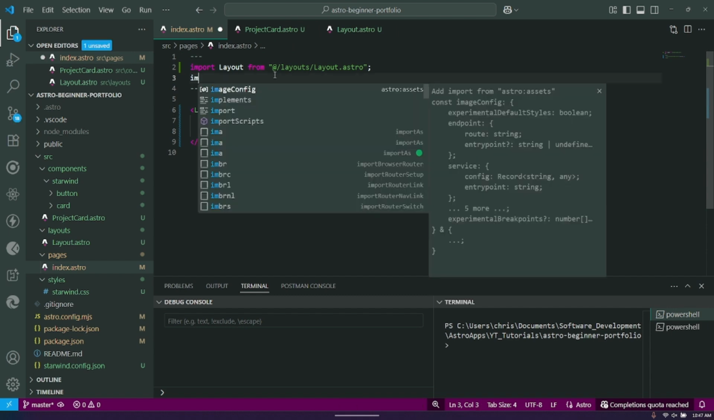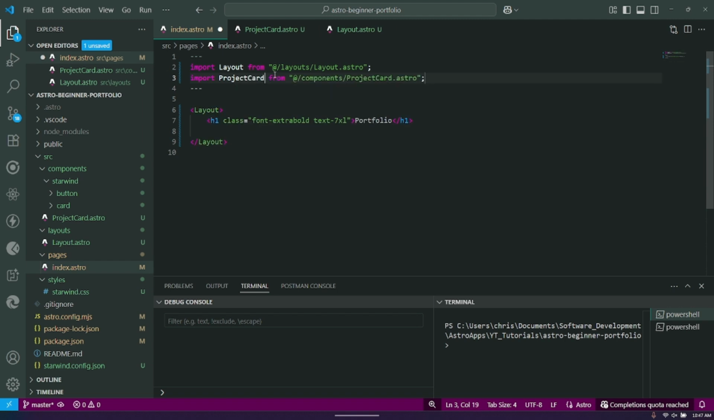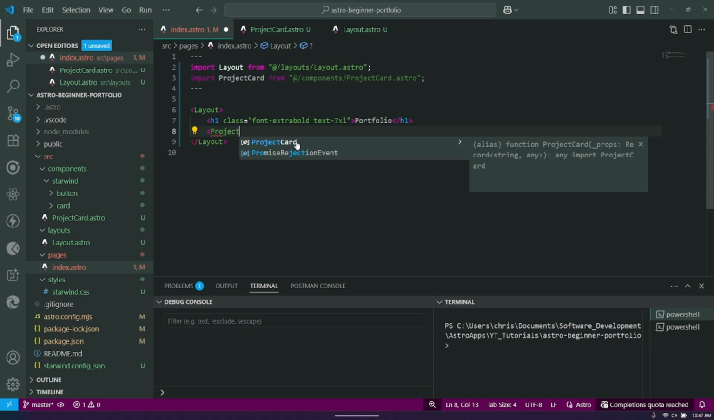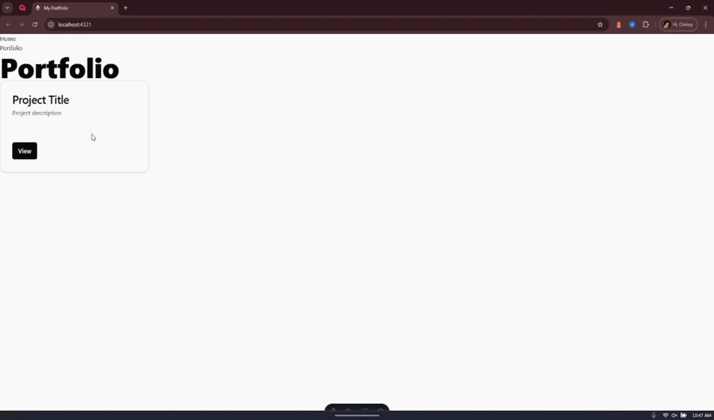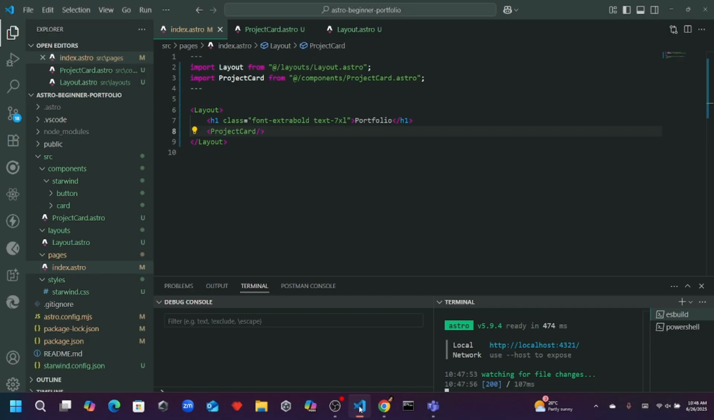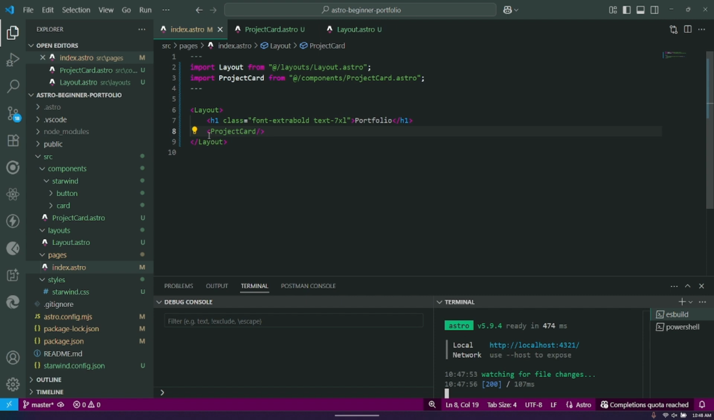Now we can say import ProjectCard, and now we can import that from our components, and nothing should have changed. So if we npm run dev in the terminal and we go to the localhost, we still see everything from before. Okay, now as you can see, just having one card is